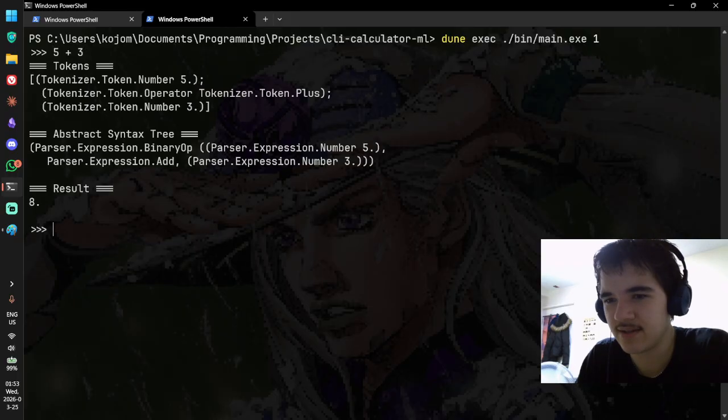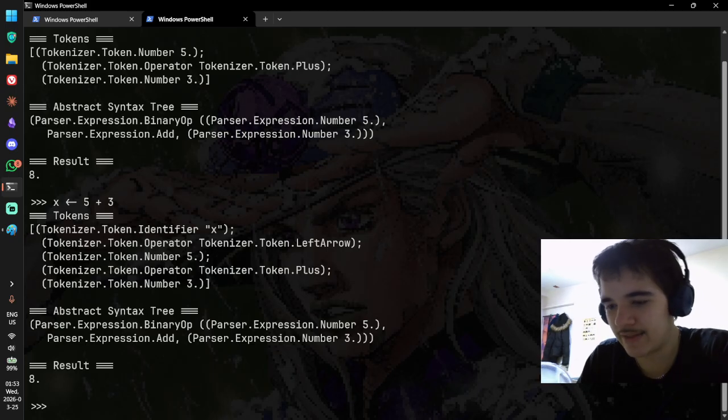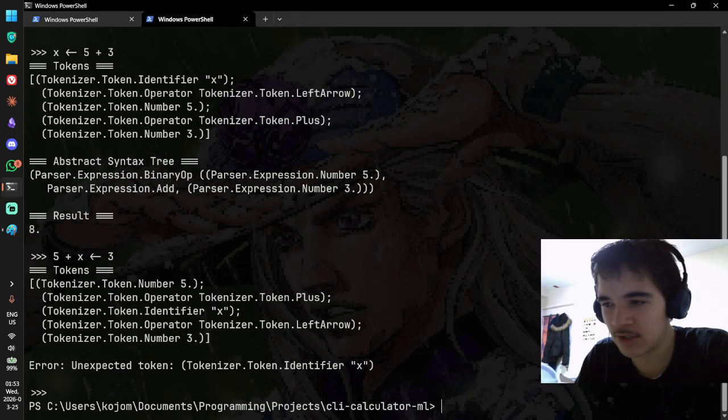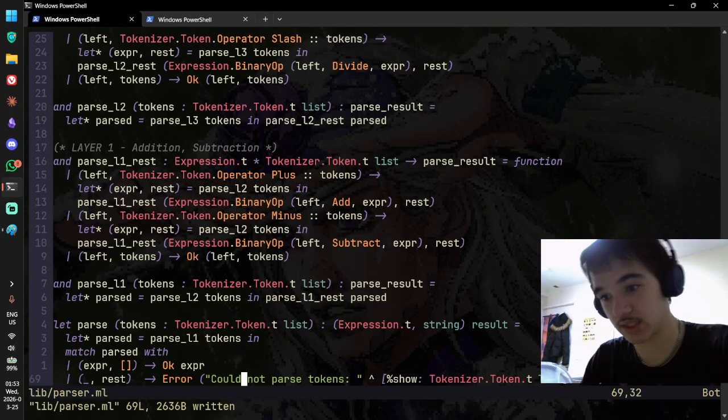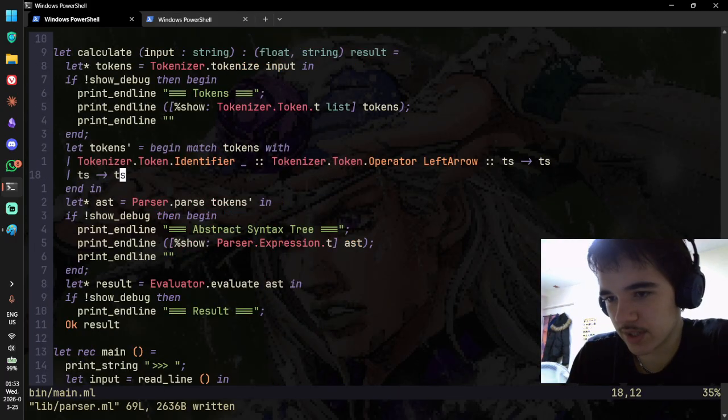Okay, so 5 plus 3, 8. And if I do x assign 5 plus 3, it should ignore it. It does ignore it. So it's in the tokens, but the AST ignores it, which is what I want. And then anything else, like 5 plus x, should be an error. Yeah, okay, for the wrong reasons, but logically I think it still works as expected. Good. I like this. And then for the evaluator,